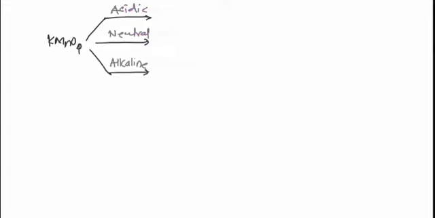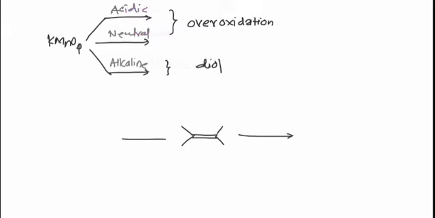सो अब यहाँ पे एसिडिक में और न्यूट्रल में क्या होता है कि देर इज एन ओवर ऑक्सीडेशन इज गोइंग टू टेक प्लेस। क्या हो रहा है? ये ओवर ऑक्सीडेशन। इसका मतलब जो आप डायल बना रहे हैं अल्कीन से, उसका कन्वर्शन आगे जा रहा है, और ये जो रिएक्शन है इसमें हमको डायल नहीं मिलेगा। इसीलिए जस्ट टेक द एग्जांपल नाउ। सो सपोज यहाँ पे मेरे पास ये अल्कीन है और मैं इसके साथ ये दो कंडीशंस अप्लाई कर रहा हूँ। पहली कंडीशन कौन सी है? एसिडिक है या फिर न्यूट्रल, और ये कौन है आपका? बेसिक।